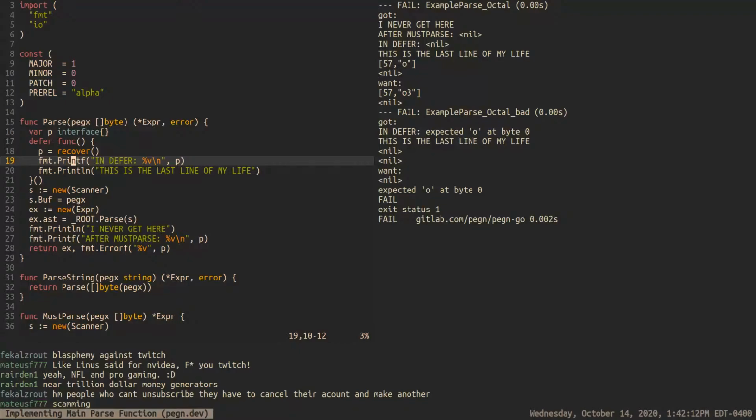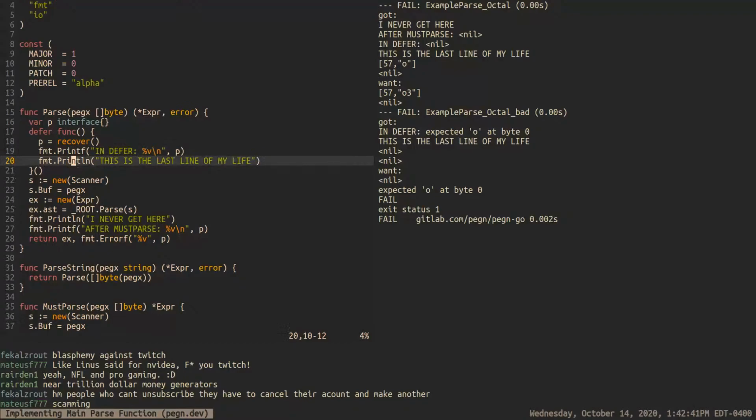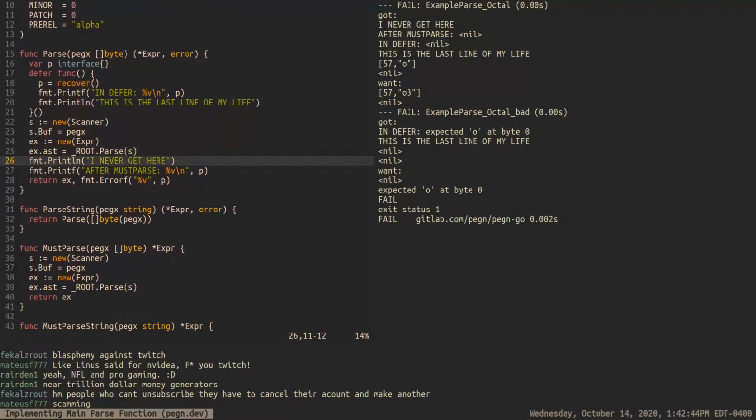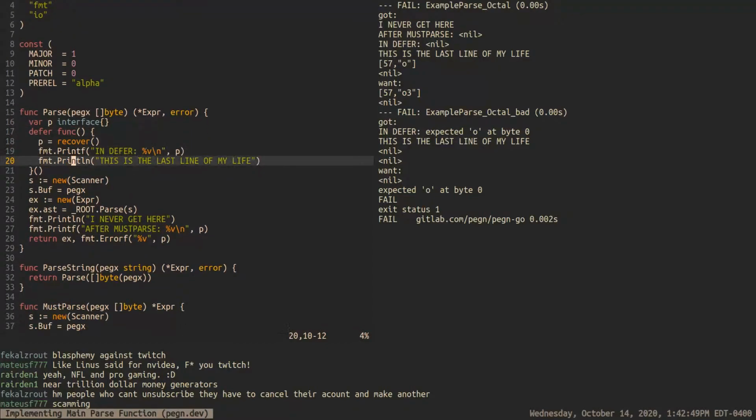So it's just good practice to stick a safety defer at the top level of your code, so that if anybody else has decided to panic and not tell you about it, you can recover from that and still do other things. The problem is that the panic doesn't give you a lot of fine-grained control about how to recover. So depending on where you trap the panic, like I've trapped it here, it just runs this function. Well, what I was hoping it was going to do is return control here. And you could start a whole thread of execution again,